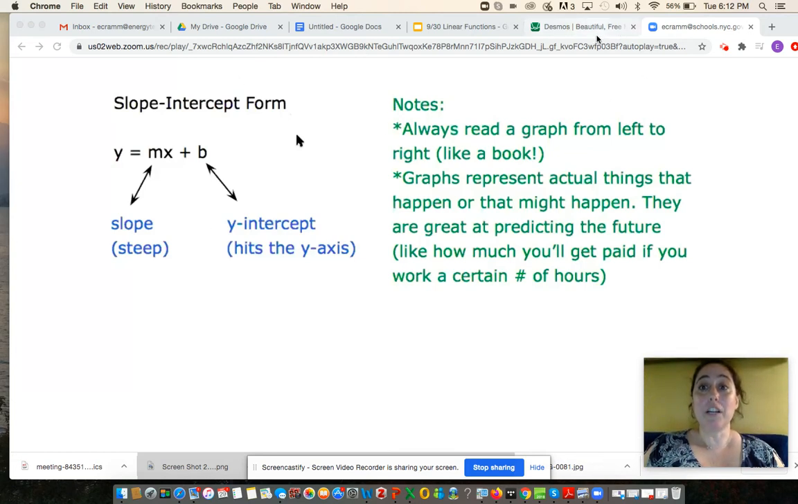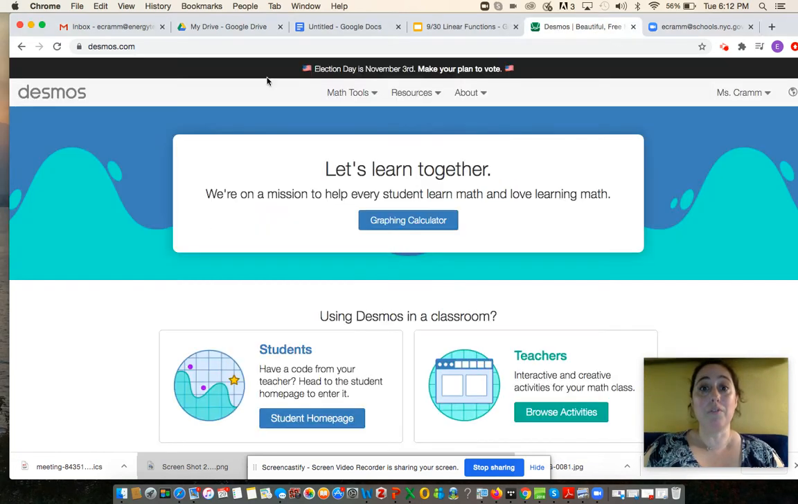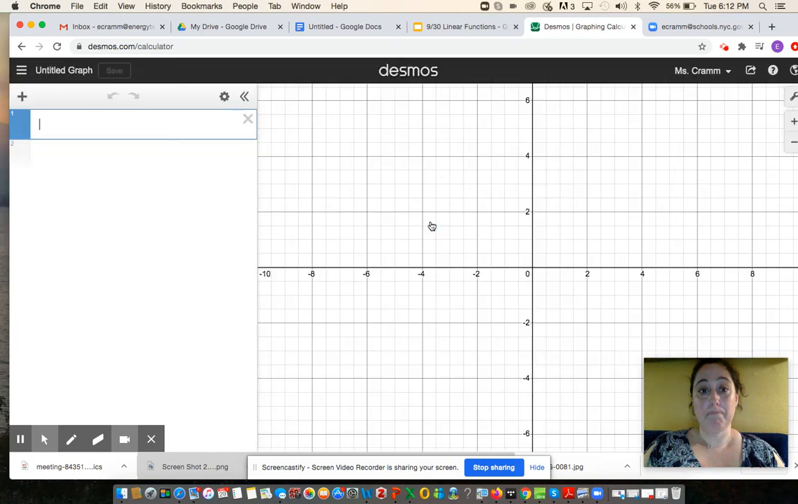The next thing we're going to do is go to Desmos, and this time we are not going into an activity. We are just going to desmos.com right here, and we're going to click Graphing Calculator. All right, so there are cool things you can do here. You can press